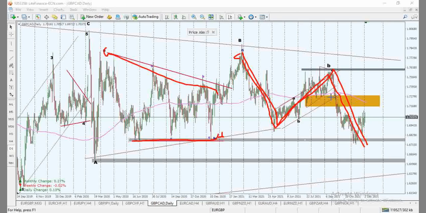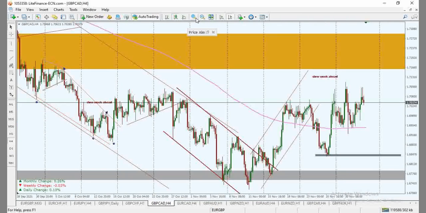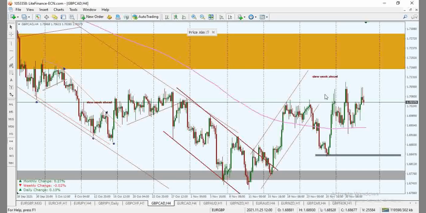All right, so here is what I'm looking at as a resistance structure, and I expect price to come into that zone. So I'm going to be putting up a trading plan to see price come into that zone. We'll go a little bit closer to this structure here. What I expected initially from the start of the week, I expected a very slow week, and that was why I pointed that out.